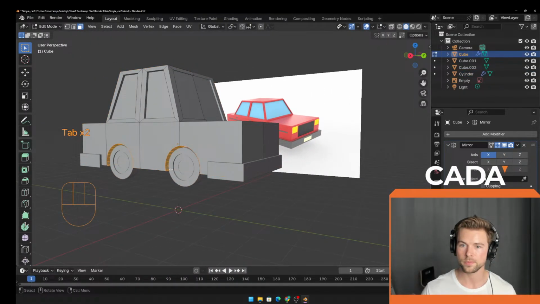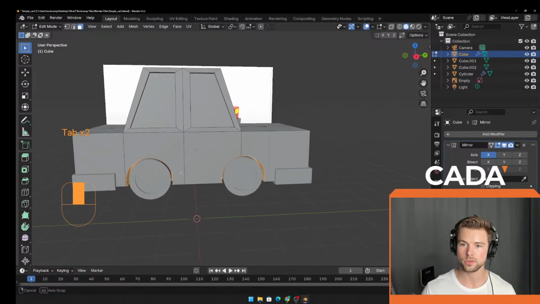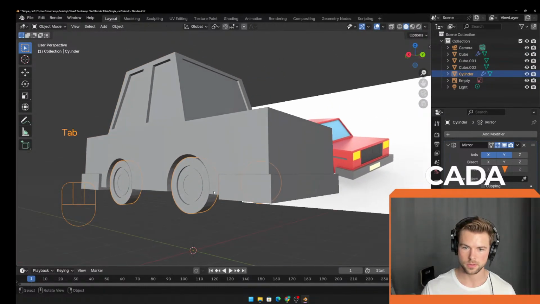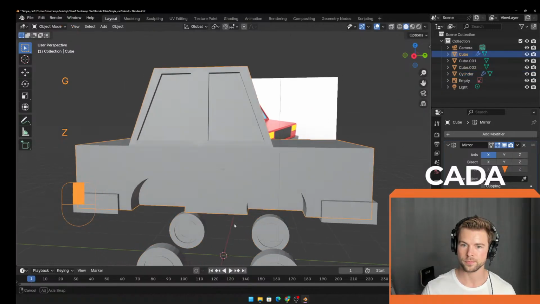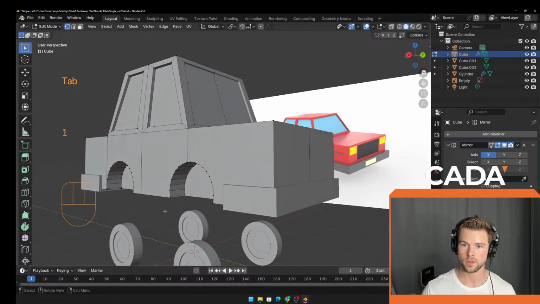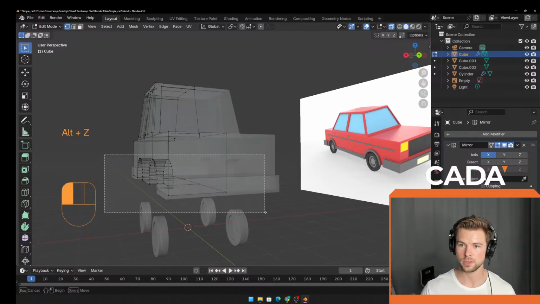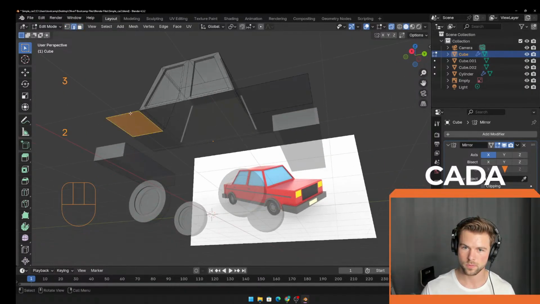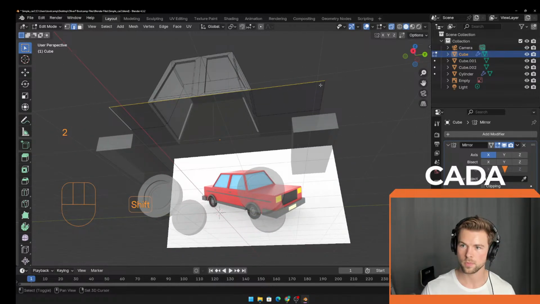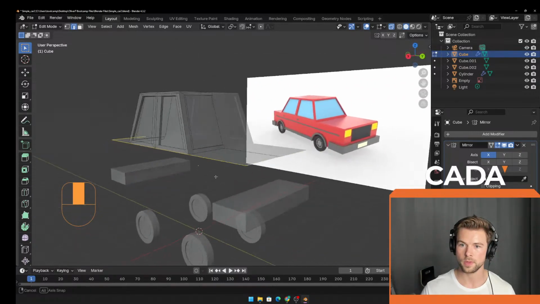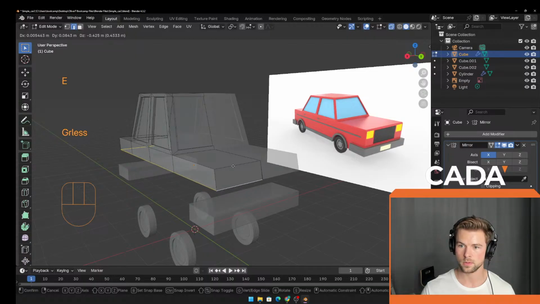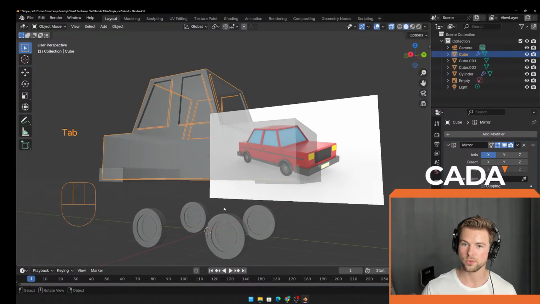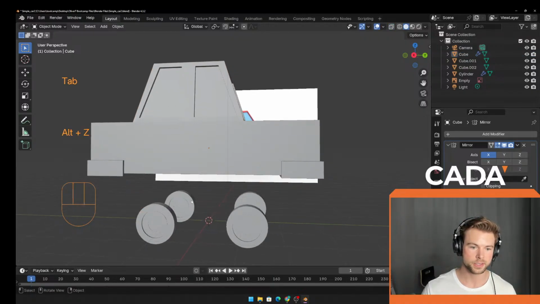What I'm gonna do, because I want to show another method. That's what I'm getting at here. Let me see. My first instinct is to just delete. Okay, I'll just do it this way. Okay, so what I just did, I just